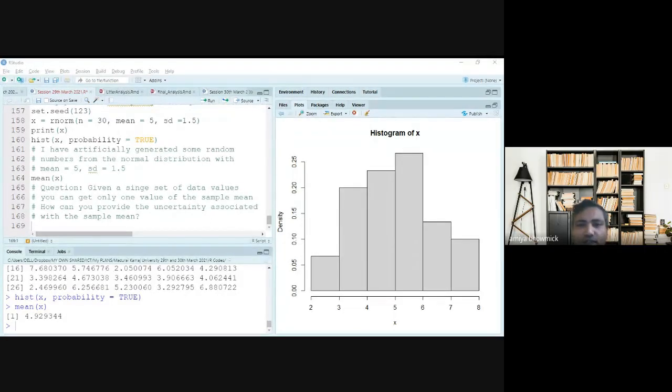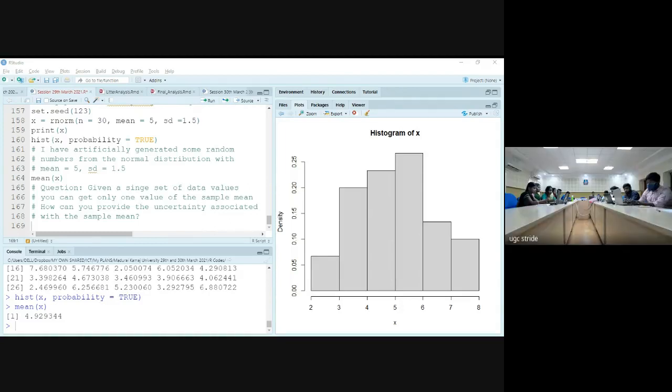Suppose that today you went to the field and collected samples of some particular plant, and you measured the length of the leaf. Suppose you did this for 15 plants. If you compute the mean, you are going to get a single value, and that value is subject to uncertainty.